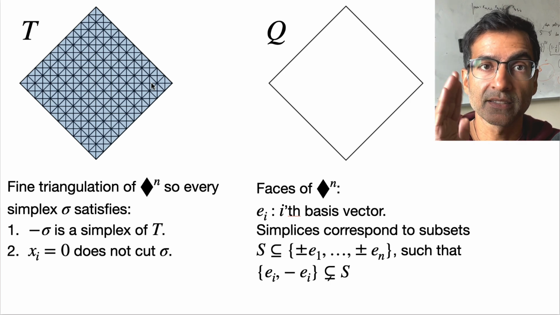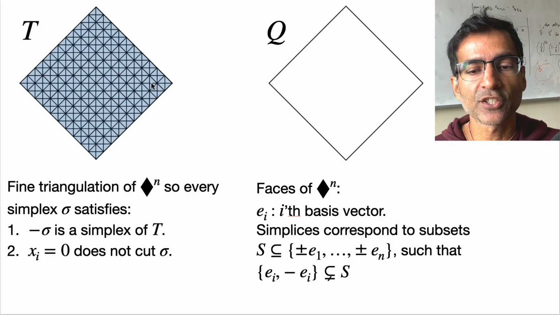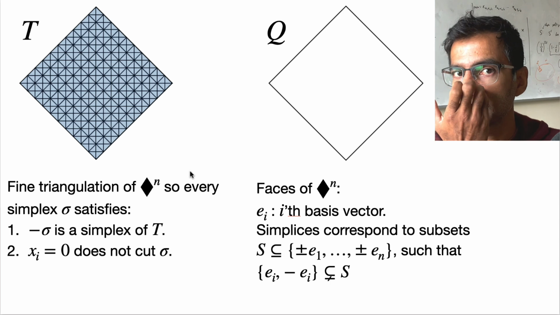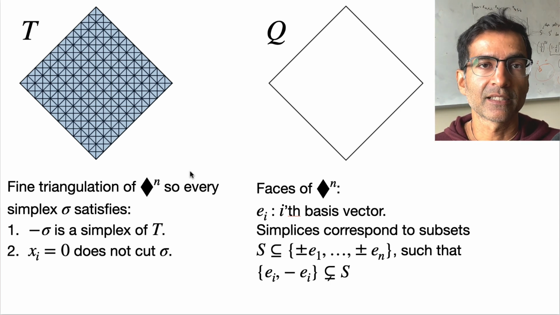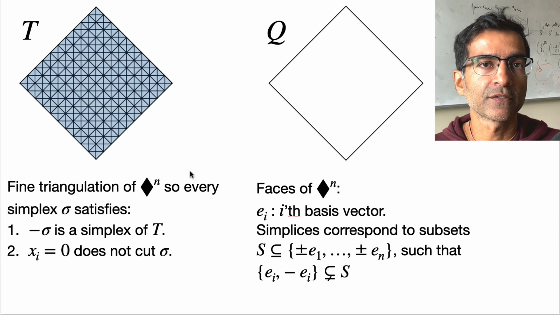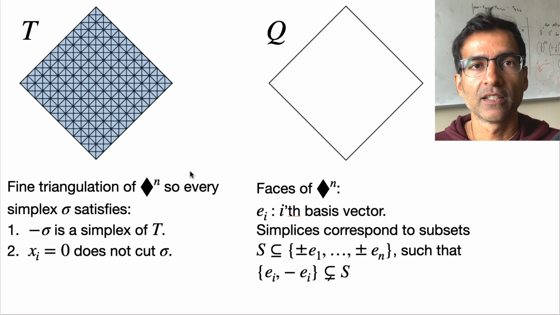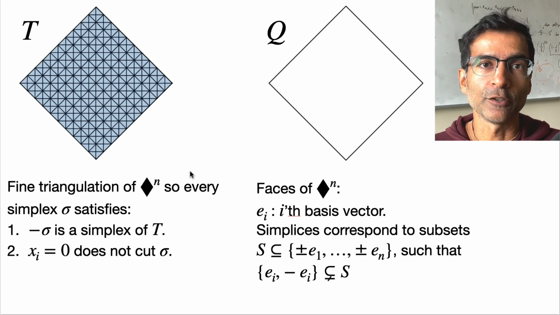It doesn't go through the interior of any of the small simplices. So I'll just pick a very fine triangulation that has these properties. That's my simplicial complex T. The simplicial complex consists of all of the small simplices I get in that triangulation and all the subsets, all the smaller simplices induced by those